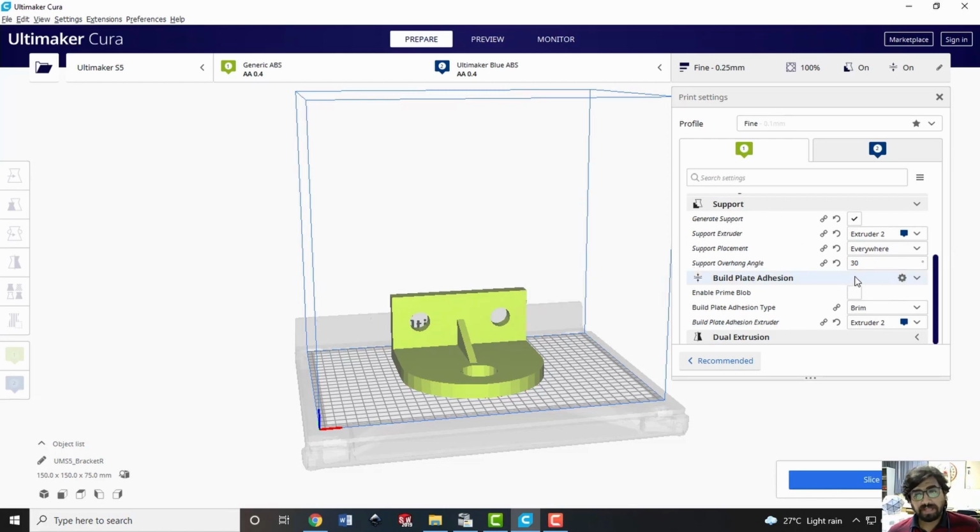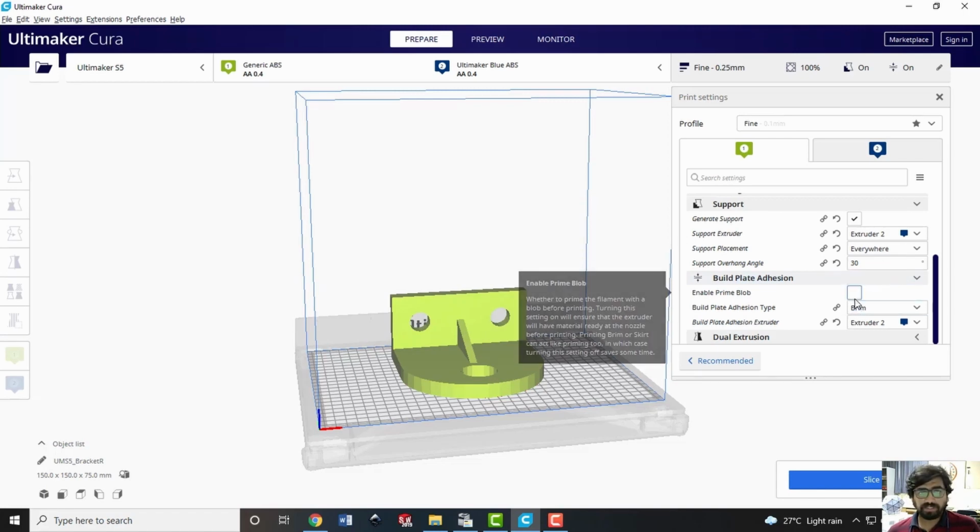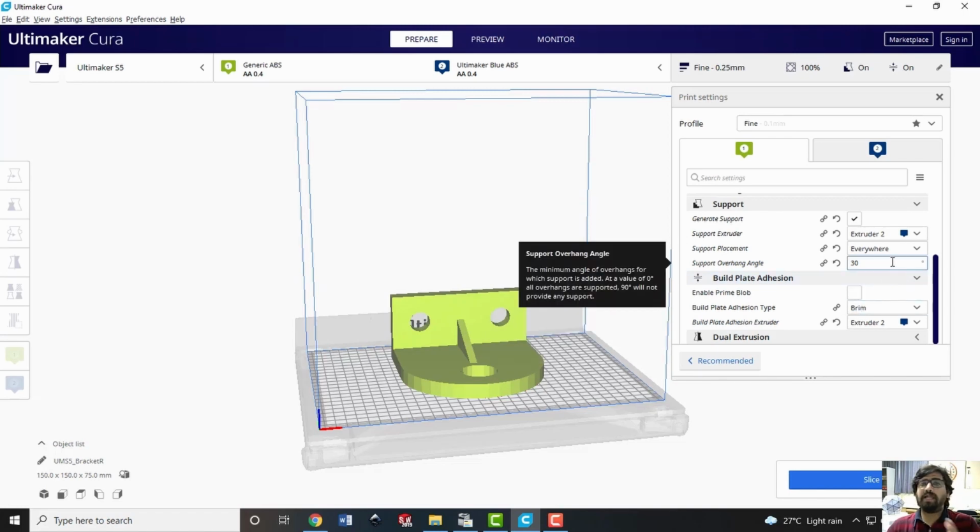The support overhang angle, if it is 0 degree, then we are saying that all the triangles that overhang will require the support. But if I say it is 90 degree, then even if the triangle is overhanging, it doesn't require the support. Let me try to explain it.